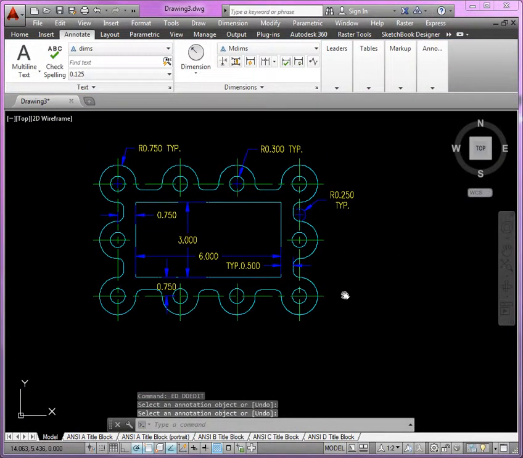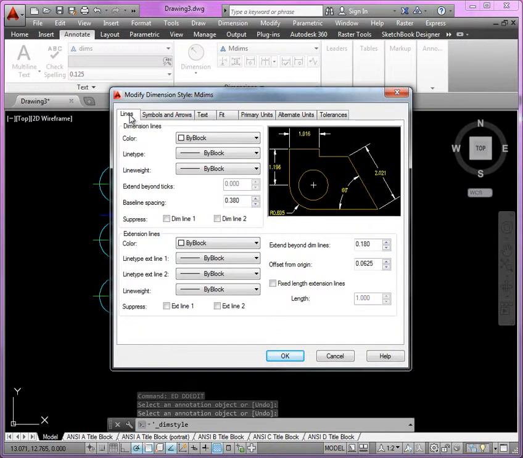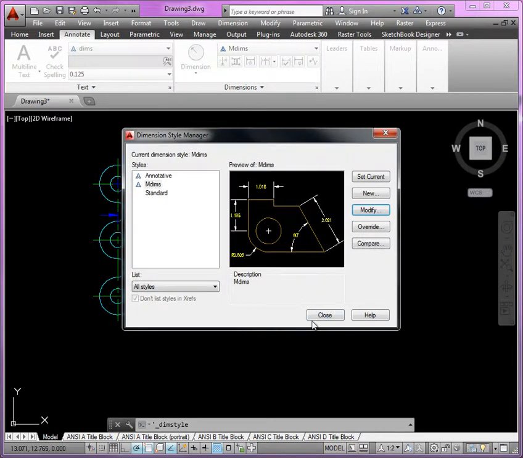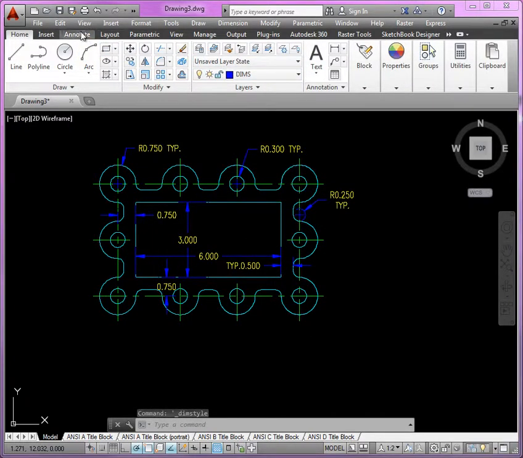And then all that's left now is our baseline dimensioning. Now I'll just take you over here to the dimension style one more time to take a look at the lines tab. And here's where you could see the baseline dimensioning value preset. I click OK there, come back to my Annotate tab,